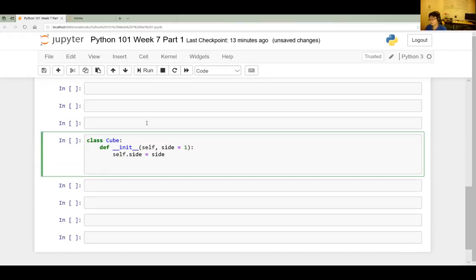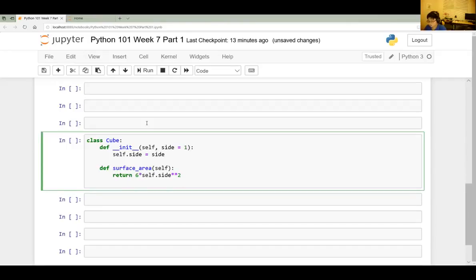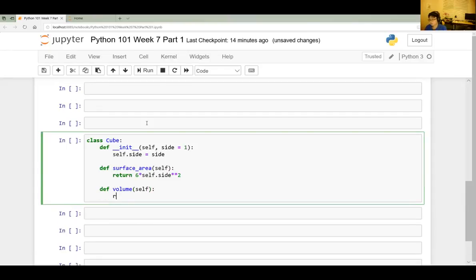And now we're gonna do surface area. So we're gonna define surface area. It's gonna be self, and what we're gonna return is self.side to the power of 2, and we're gonna do 6 times that, and that should be good. And now we're gonna define volume. So volume, we're gonna do self, and what we're gonna do is return